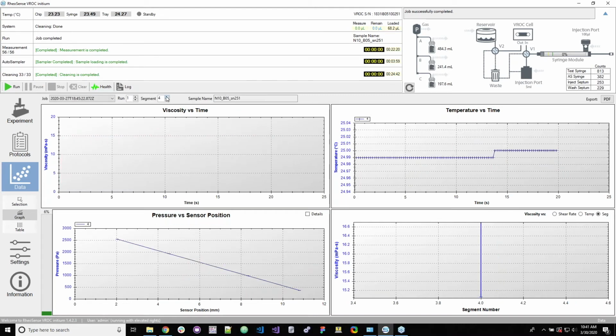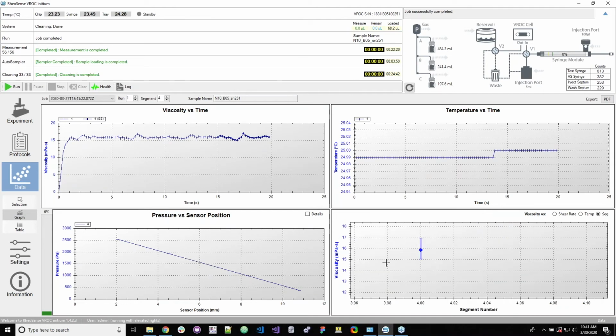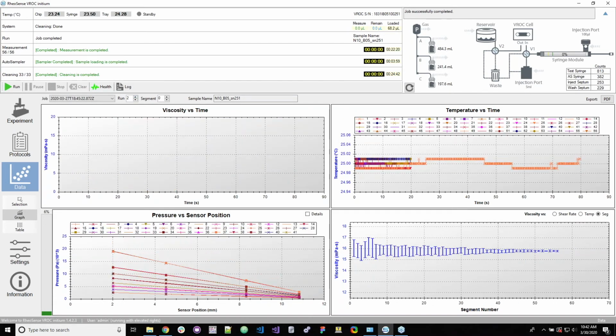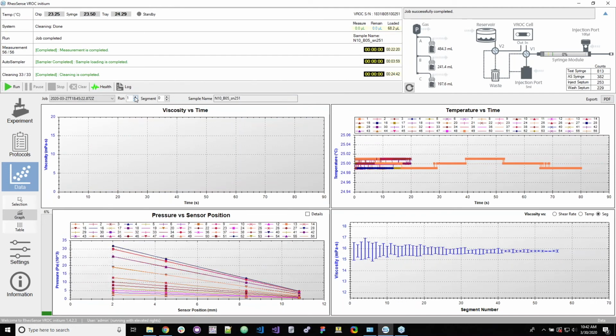So we can look and see for each segment, and then we can get a viscosity value for that measurement here. And then we can also keep track of the chip temperature for this particular measurement. And then we can also click select 0, which will show all the data for the entire run, or in this case, the entire vial. And then we can also check the next run, which is vial 2 in this case. And again, you can see all the data from run 1 and run 2. And so if you only selected 2 runs, then that's all the instrument will display to you on the data